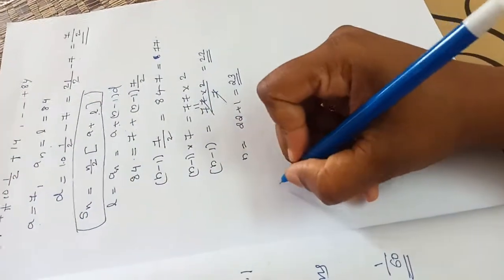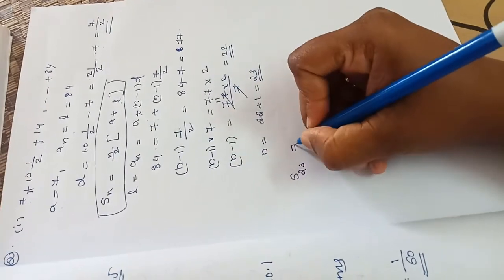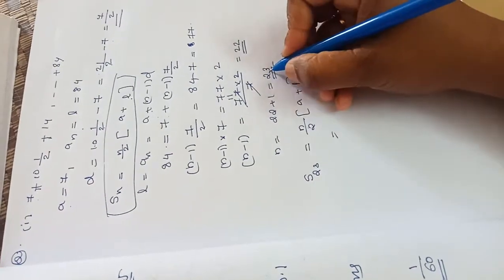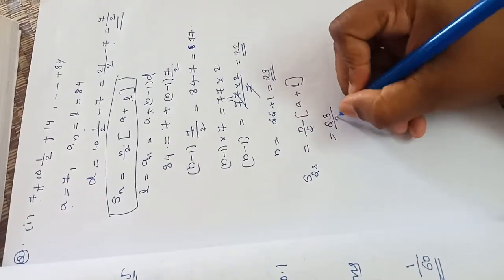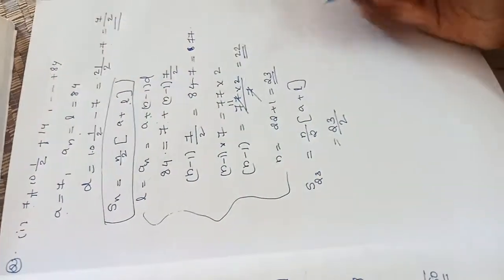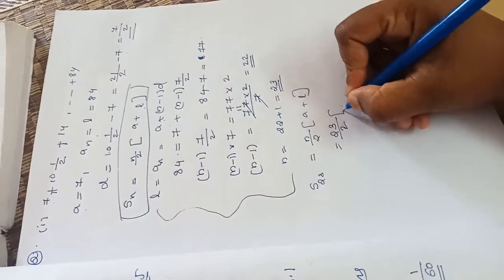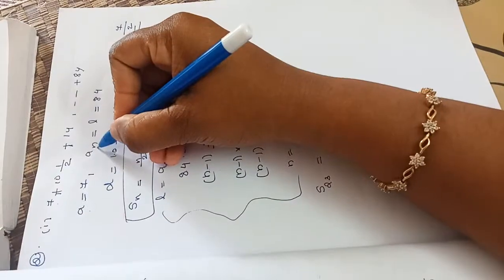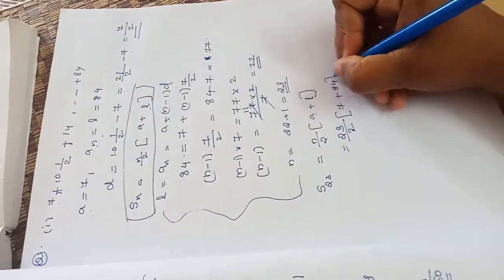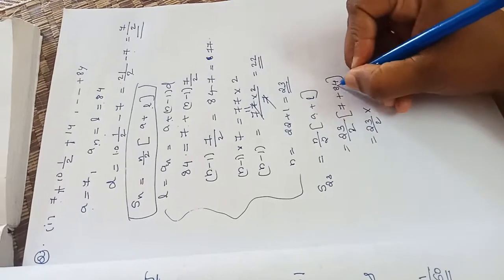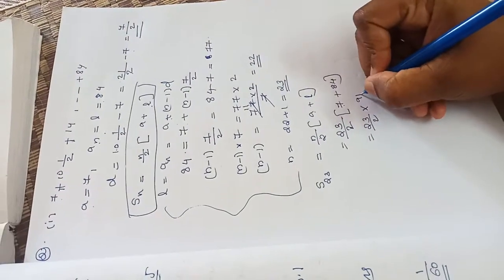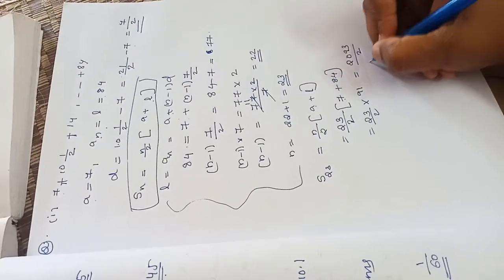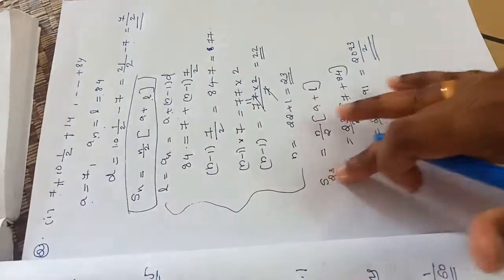Now I am calculating the sum of 23 terms. S23 is equal to n by 2 into A plus L is the equation. What is n? 23. We need the value of n, that is why we calculated it in these steps. Okay, so 23 divided by 2 into what is A? First term 7, plus what is L? L means an, the last term, that is 84. So 23 divided by 2 into 84 plus 7, which is 91. After that you will get 2093 divided by 2. This will be the sum of the given AP.